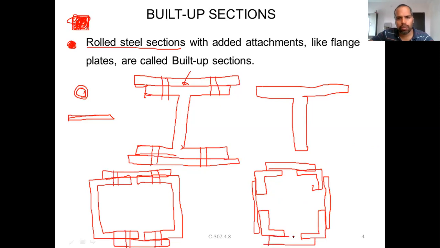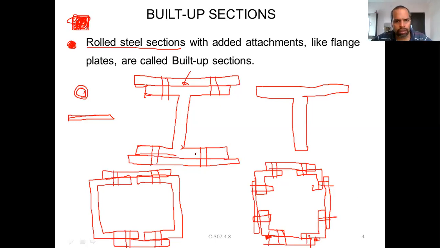These are some of the common varieties. This corner may be a welded connection to connect this with this, it may be welded here, or here, or you can have some sort of bolting or riveting like this. Different varieties of connections. Connection may be anything. Like this a single member is prepared to carry heavy loads. When the loads are heavier, as per the design requirements, you may use this type. So these are called built up sections.